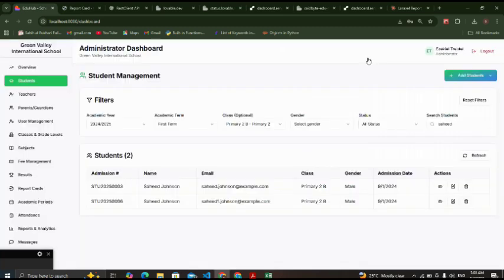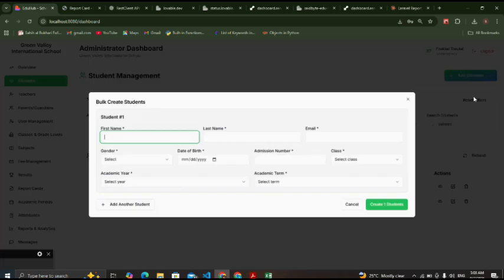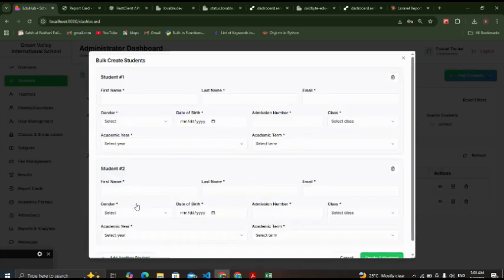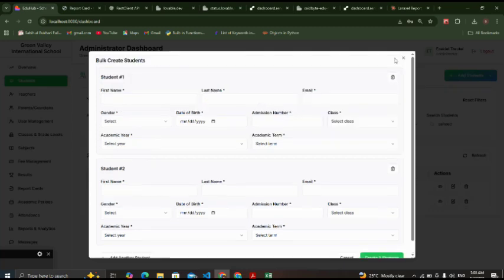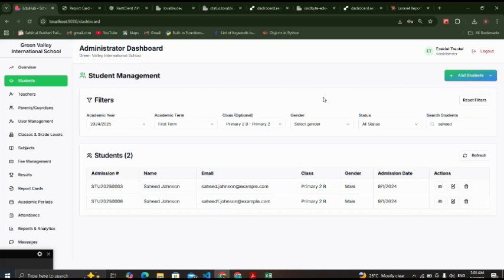If the admin just wants to add a single student, if it's one or two, we might not import as well. We just fill in this place, then quit. If you want to add a second one, you can also add it here, then quit to students like that. Now when we are done with that, let me go to the next one, the